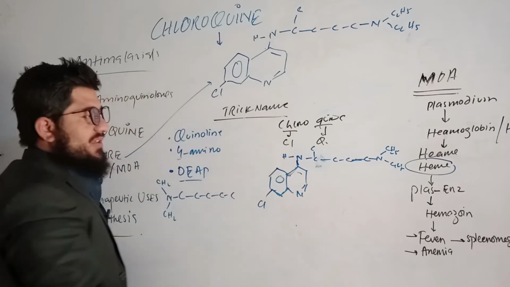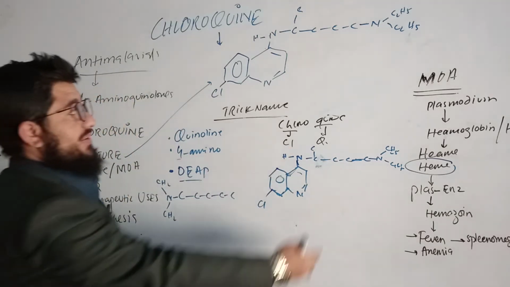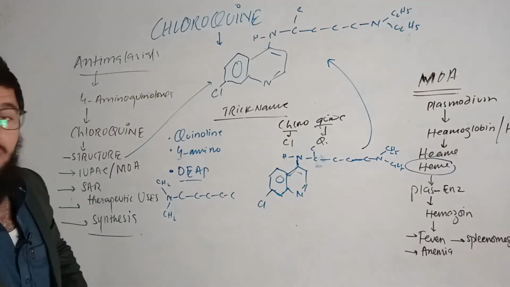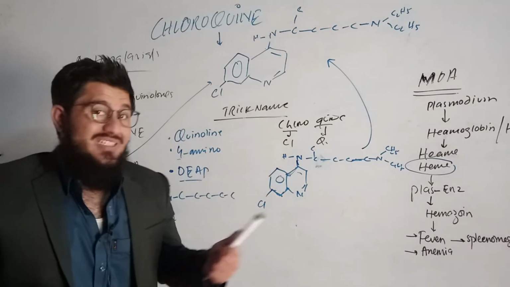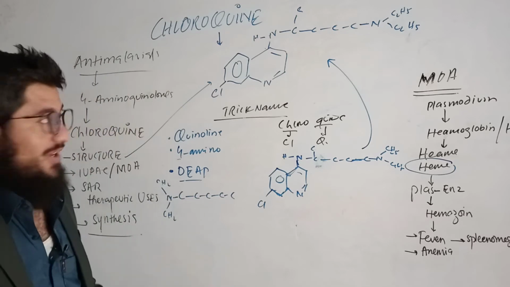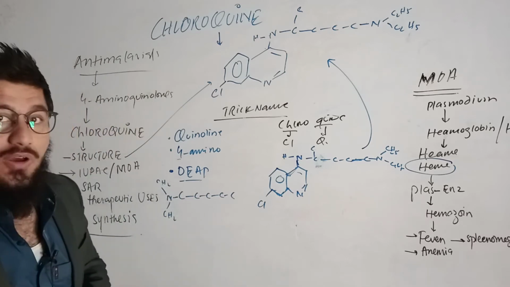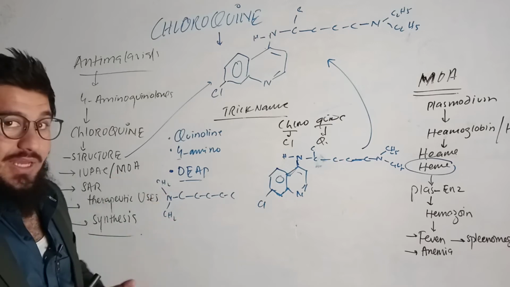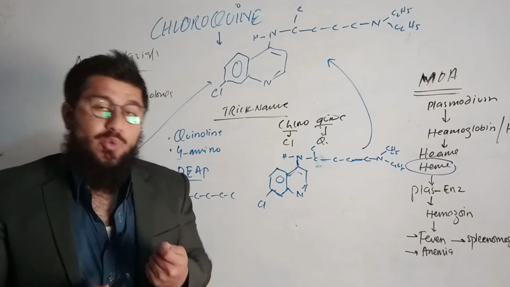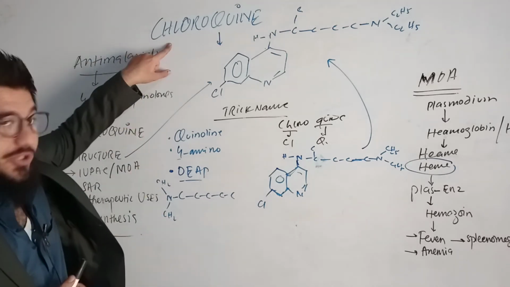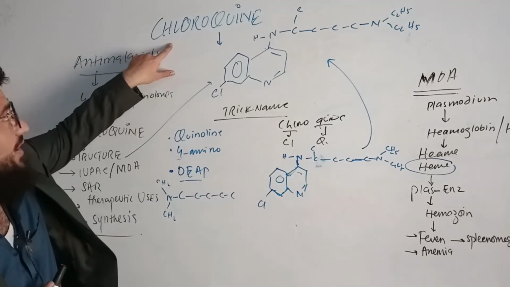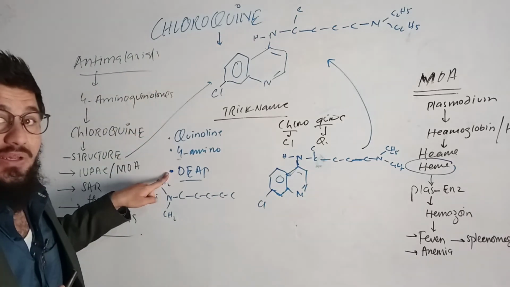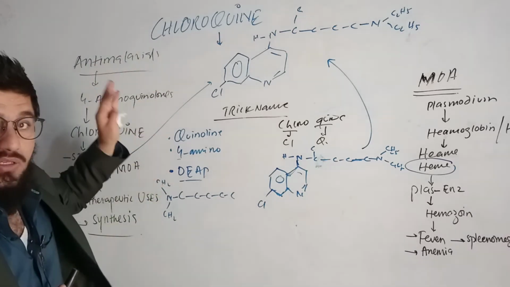Now just go for the valencies and fulfill the valency, and you will get the structure. Chloroquine, the structure of chloroquine being drawn. This is how easy chloroquine drawing is. So how did we get through this? Very simple. The question was asked to draw the structure of chloroquine. We took the help from the trick of Dr. UUT lectures. That is, look at the name chloroquine, then go for the quinoline, 4-amino, diethylaminopentane, memorize these,